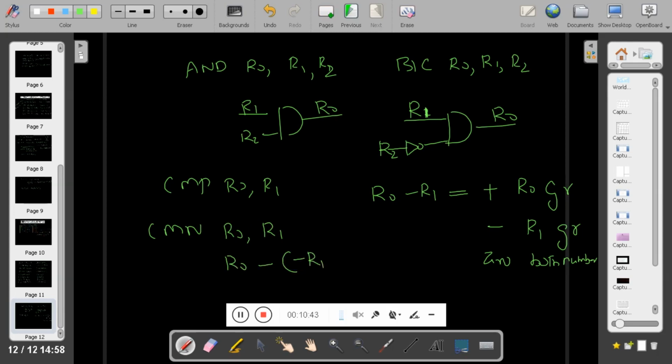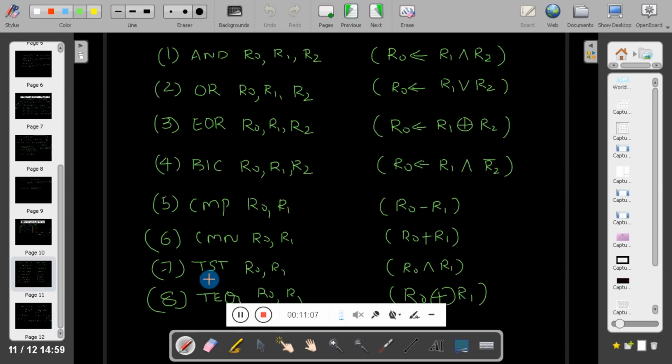That means it is a negative number. So R0 minus into minus becomes positive. So compare negated acts like R0 plus R1.